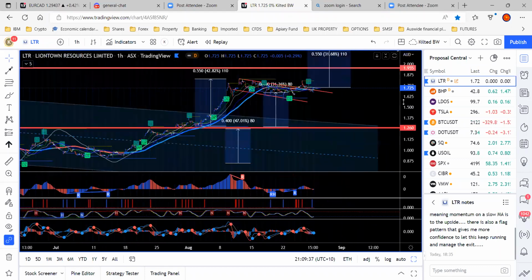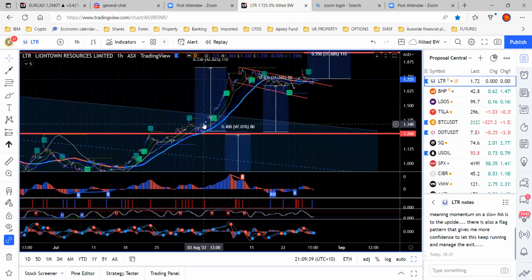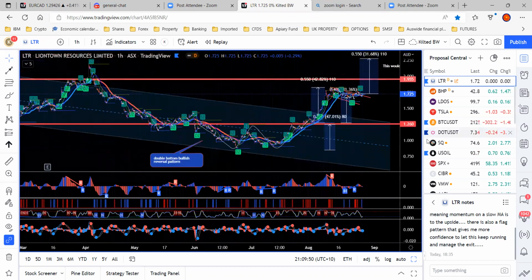So how I traded this was I actually took pretty much all of this move, and it went up. I don't know, it was like 30% in the one day. I mean, it was just crazy. You can see there it went to that full move again. So you see how